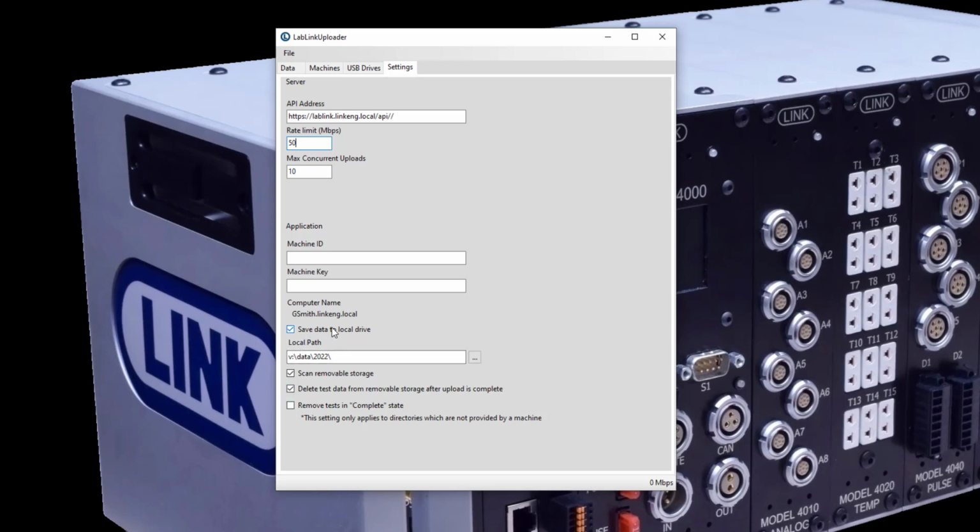One of those is to save data to local drive. So in addition to uploading data directly to LabLINK, we can also send that data to a network drive or local drive of our choosing. Then we have options here to scan for removable storage, so meaning a USB drive or a portable hard drive, which is mainly how we will transport our data from a durability test vehicle over to a walk-up computer where